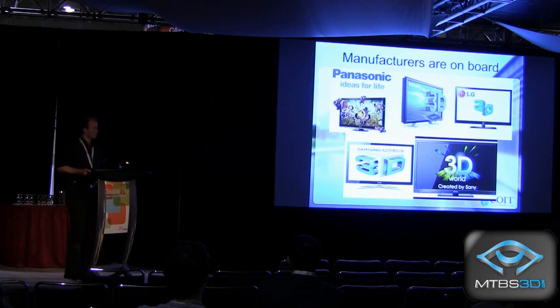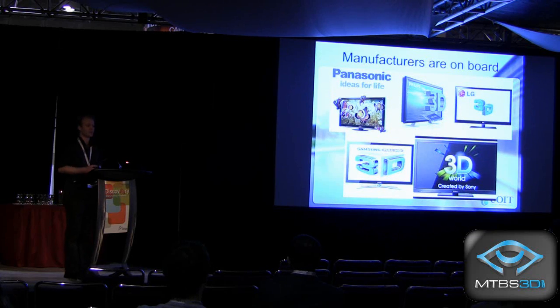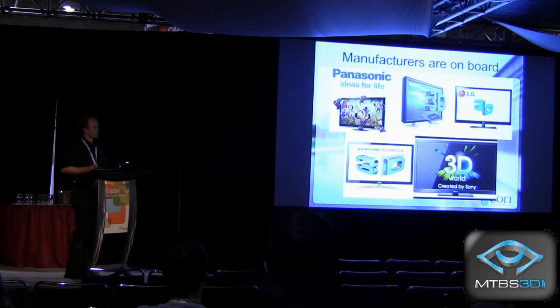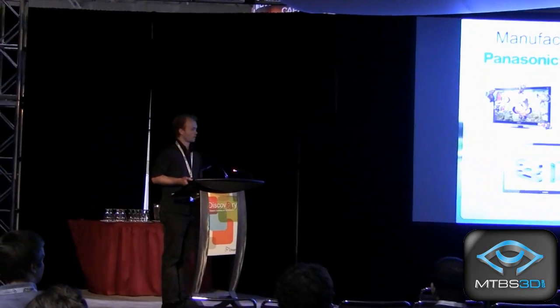That being said, we finally have manufacturers on board for stereoscopic 3D and also these types of motion devices and so on. This is probably one of the first times that we've seen manufacturers of TVs and consumer electronics go full force with stereoscopic 3D, which is probably one of the first key elements of getting the technology into the consumer. And that I believe is the key point. Now that the technology exists, it's not a technological issue anymore, and that means that we have to focus on content.